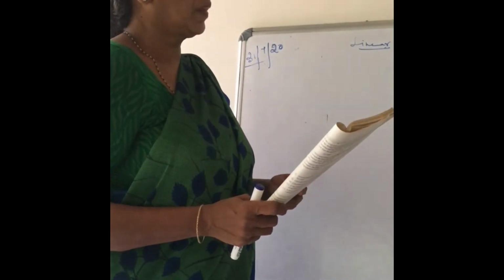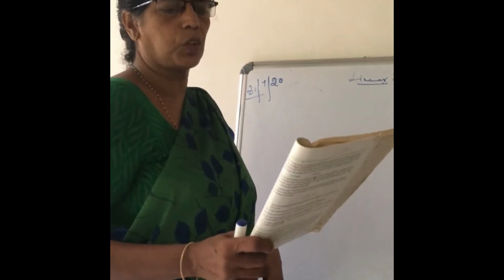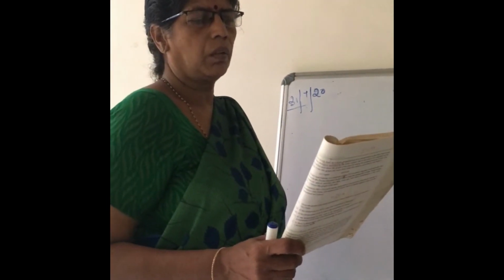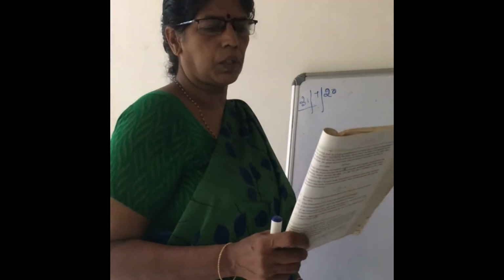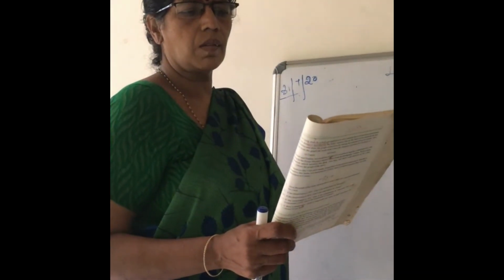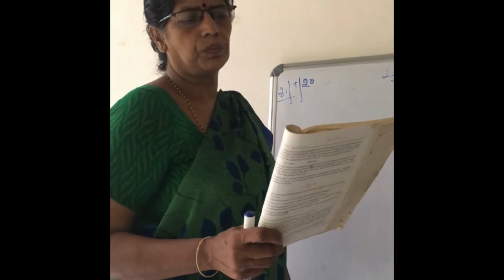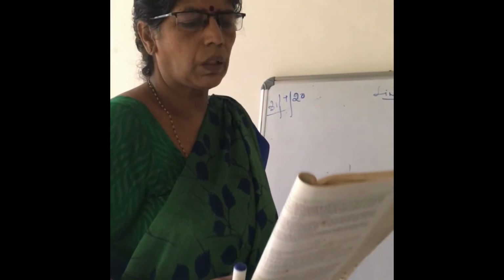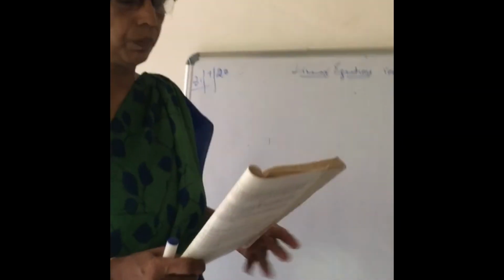I think you have done the graphs of the linear equations in two variables, children. In continuation of the topic, we are going to proceed to page number 74, exercise 4.3. The first Roman number you have done for homework, second is over, third is over, children. Now coming to the fourth question.